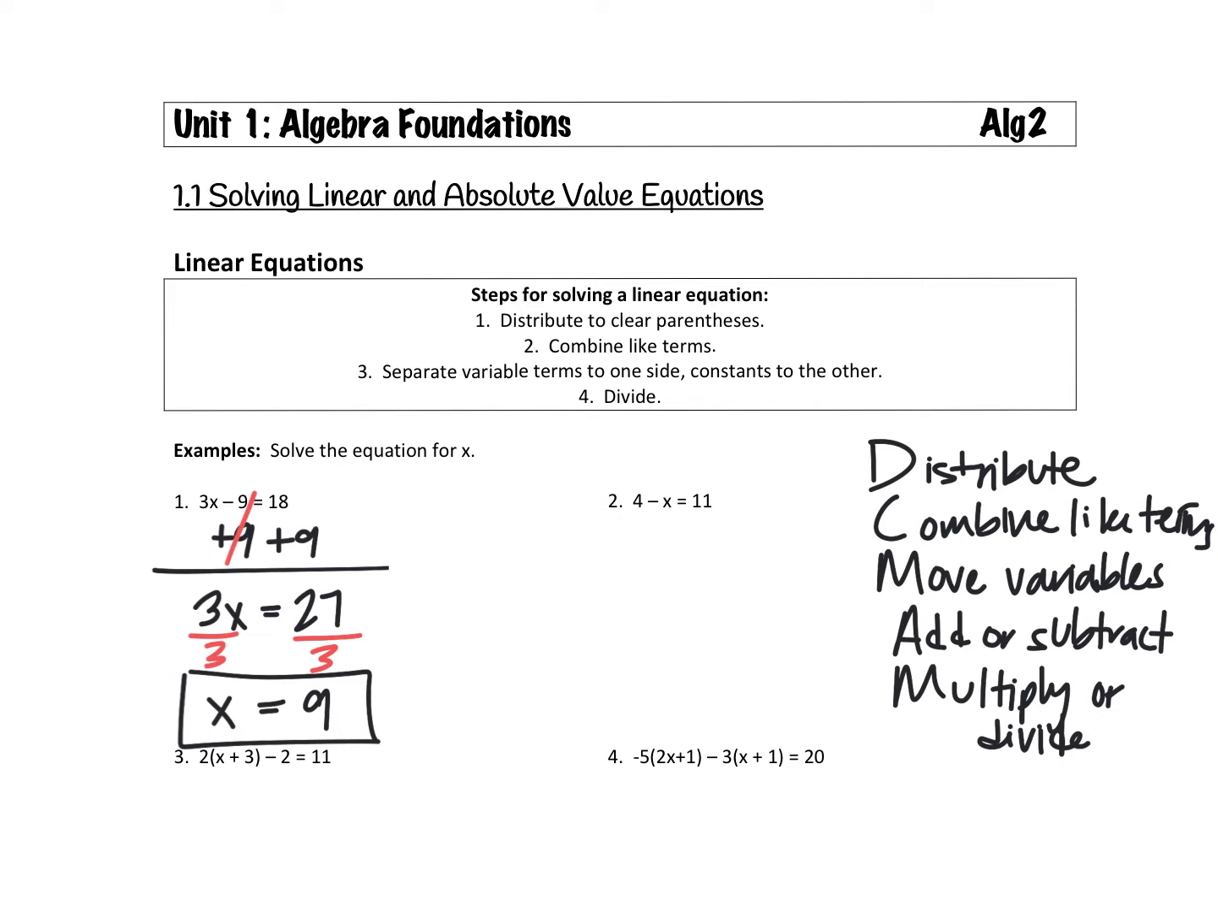Number 2, 4 minus x equals 11. Okay, these ones can be a little bit tricky. You're not going to add the x first. You actually have to get rid of the 4 first. The 4 is positive and out in front. And so let's see, Will, what do you think I should do? Subtract 4